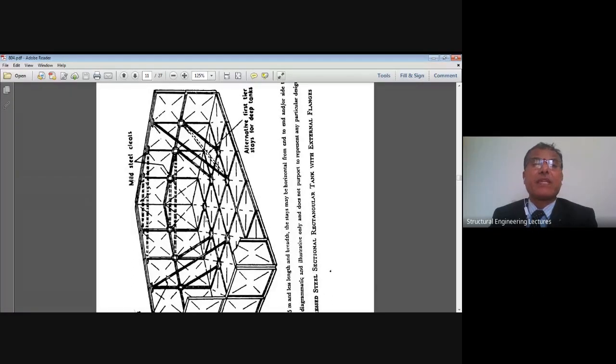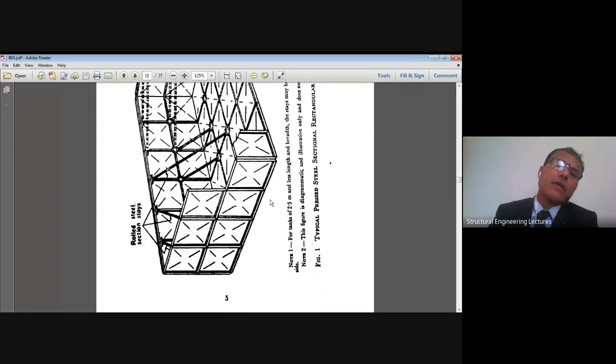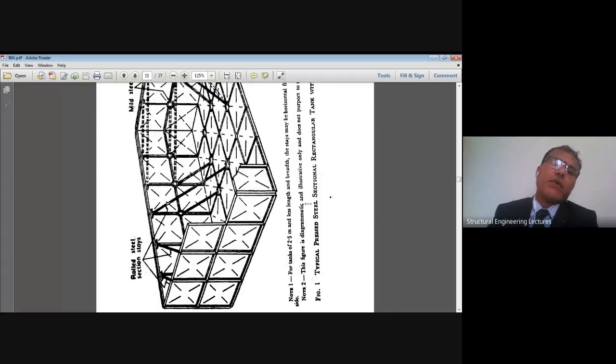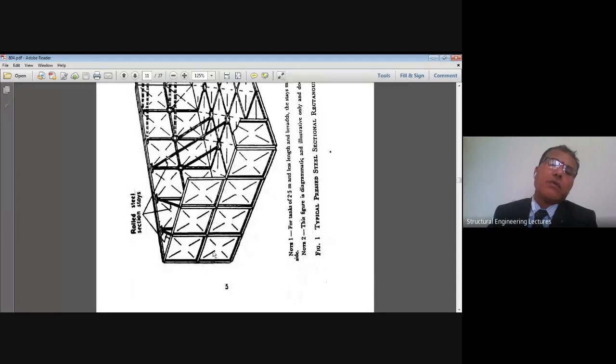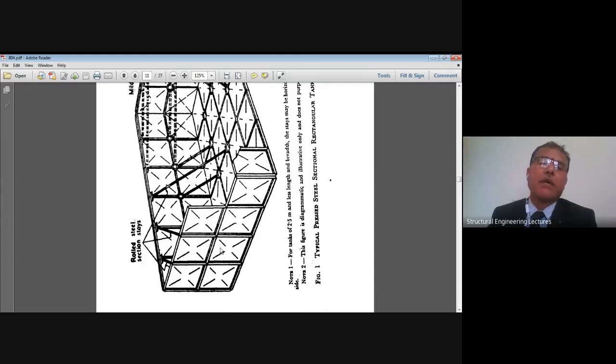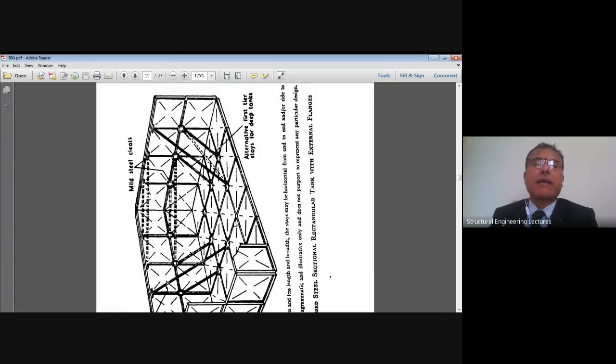Now let us see this schematic, which is a 3D picture of a typical pressed steel rectangular tank with external flanges, right? So now you can see that we are examining a pressed steel tank where this is how the bottom plates, right? This is having 1, 2, 3, 4 rows of the plates available, and this is how the bottom tier of the plates. This is what is called the top tier, or this is how bottom and first and second tiers. This is how the tiers of the plates. Here this is called a two tier pressed steel tank.